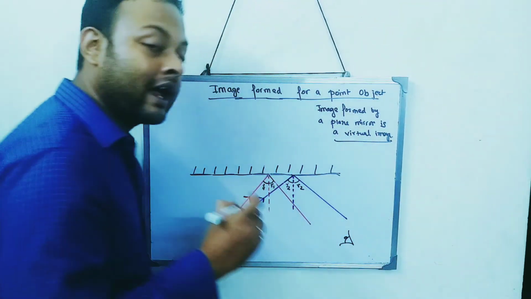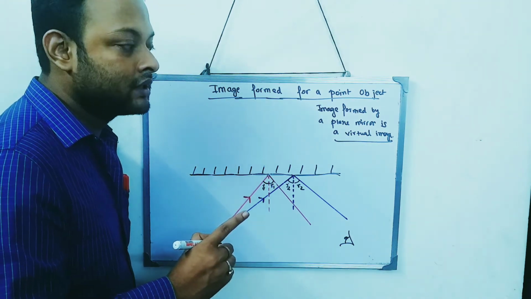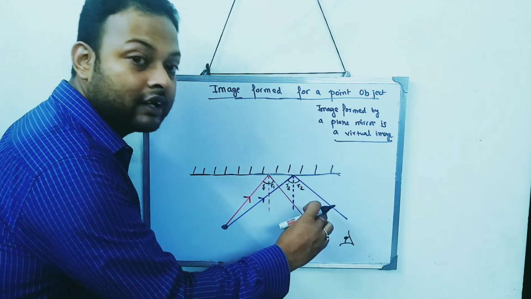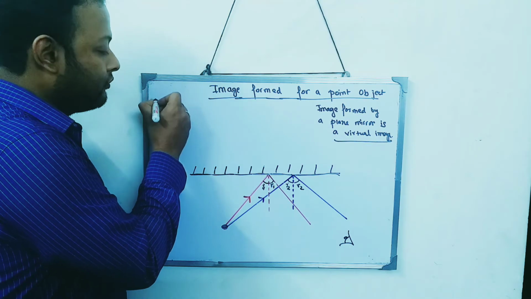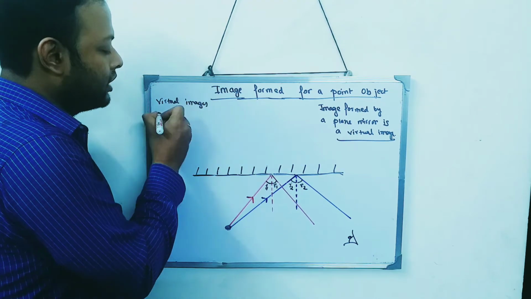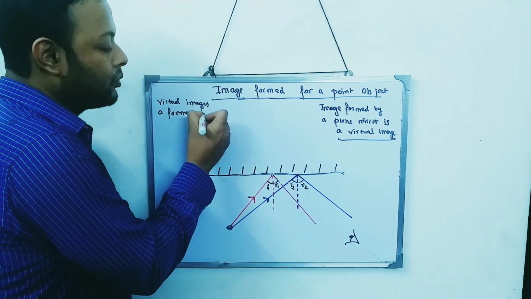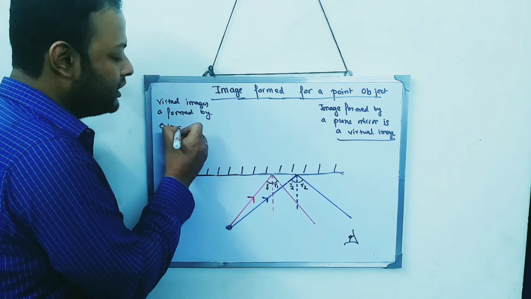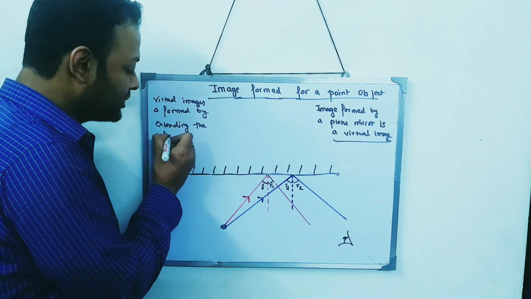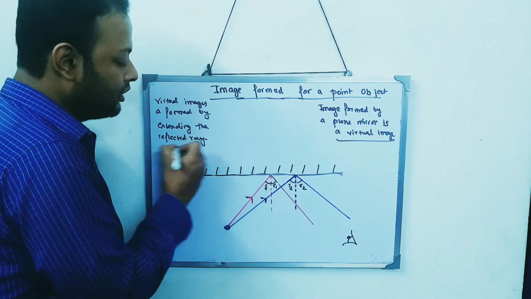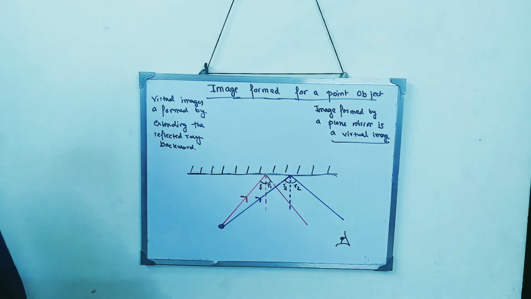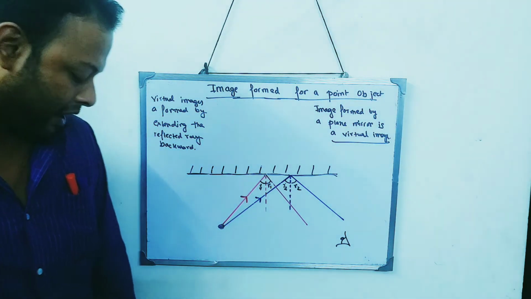And always remember, virtual images are formed by extending the reflected ray backwards. Virtual images are formed, how? Virtual images are formed by extending the reflected ray backward. Remember these two things. Very important. Virtual images are formed by extending the reflected ray backward. Now see,